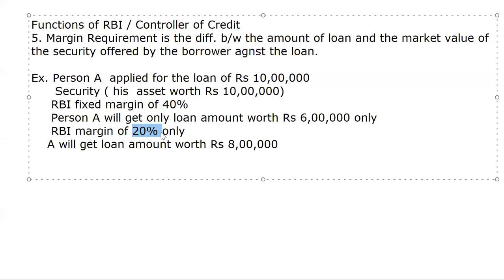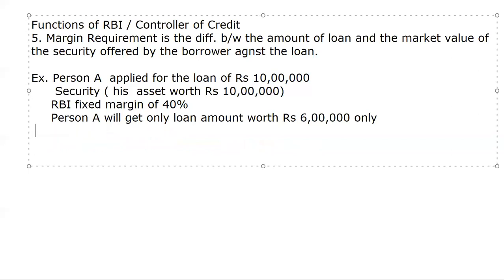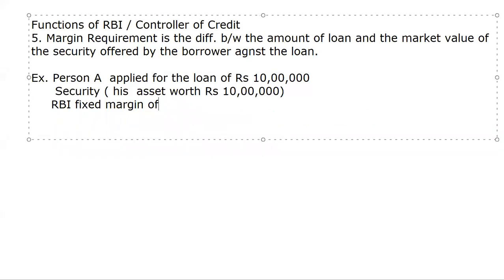Margin is necessary because if a bank gives a loan equal to the full value of security, the bank will suffer a loss in case of a fall in the price of the security. So margin requirement is always necessary by the central bank. Now next we come, some other methods are also there. What are some other instruments? We'll see. In the other instruments, we could see moral suasion and selective credit controls.